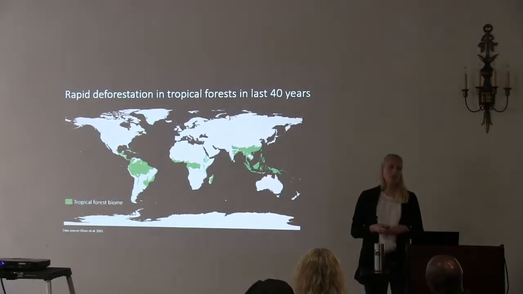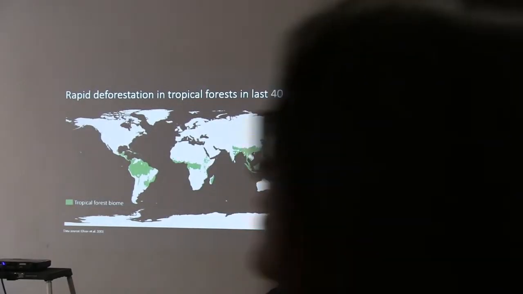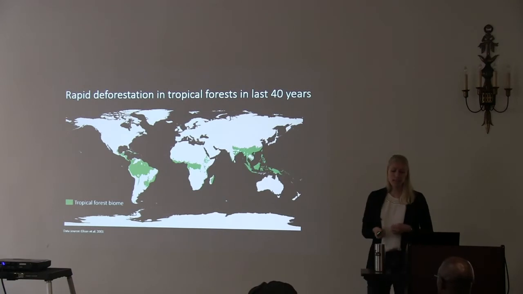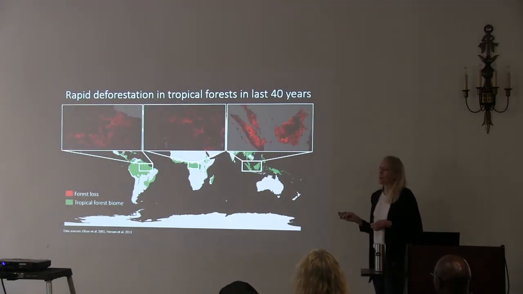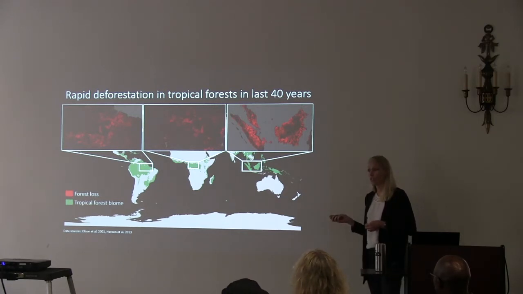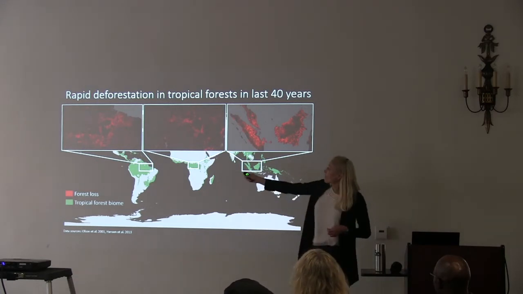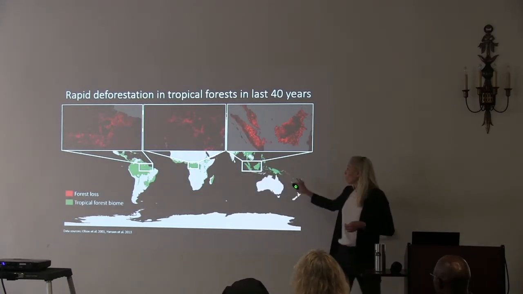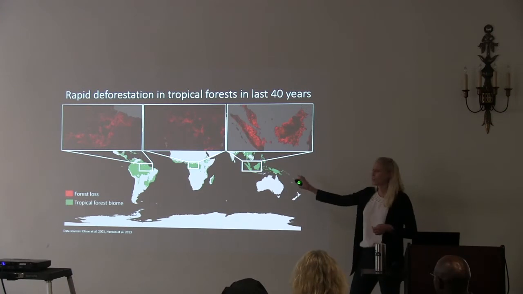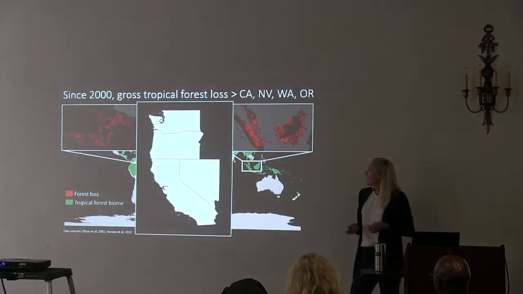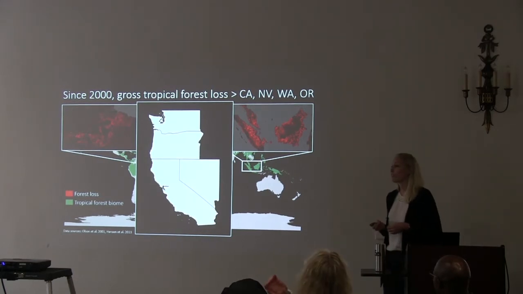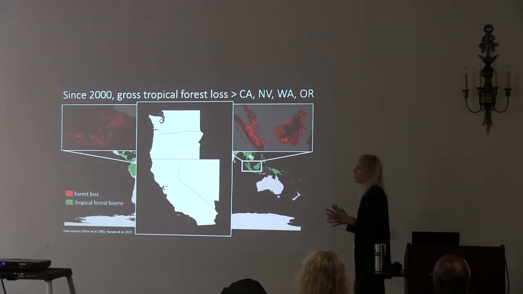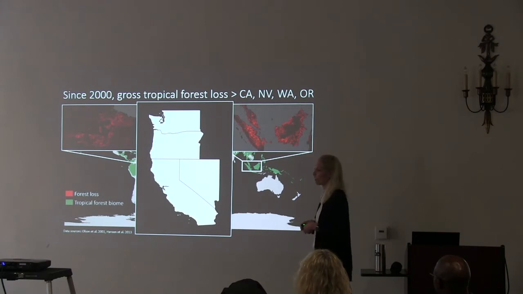Expanding agriculture in the tropics is the single greatest driver of deforestation globally, accounting for about 80% of forest conversion. You can see some of that just since the year 2000 in this data set from the Hansen Global Forest Change data set. You're seeing a few areas highlighted in each of the tropical forest regions across South America, Central Africa, and Southeast Asia. Just since 2000, gross tropical forest loss has amounted to more than the area of California, Nevada, Washington, and Oregon combined. So it's a huge amount.